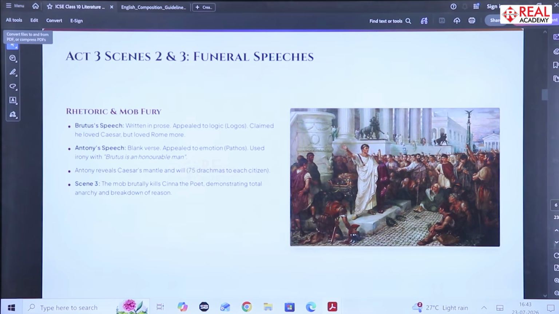Significance of Scene 3: It shows the destructive effect of Antony's speech on the Roman people, illustrates the irrational behavior of an excited mob, highlights the theme of mob violence and loss of justice, demonstrates how innocent people often suffer during political conflict, and serves as a warning about the consequences of uncontrolled public anger.